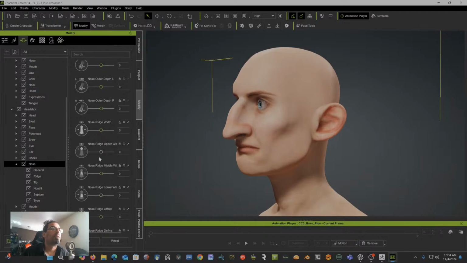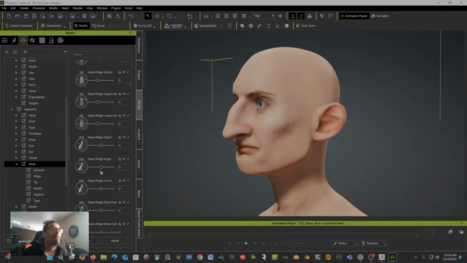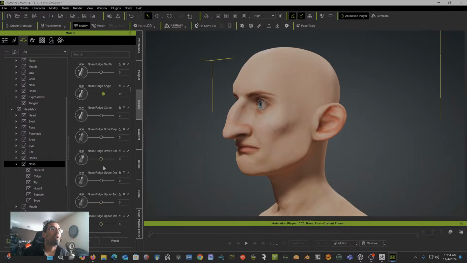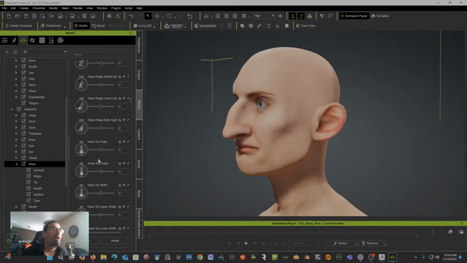And I also think that the upper can be a little slight. Well, don't want to do any of that. Let's go with ridge brow depth. That can be okay here. Probably gonna have to go with some serious brow adjusting here real quick in a minute, but for now,